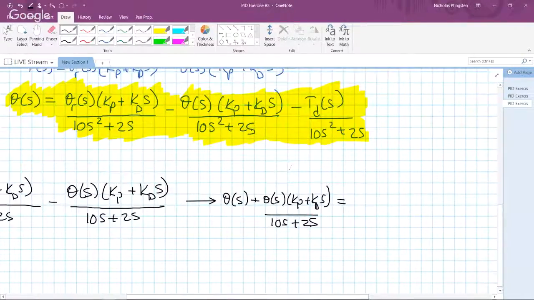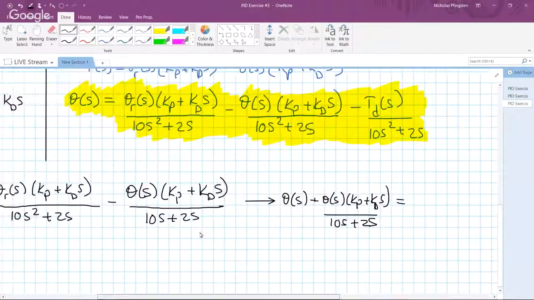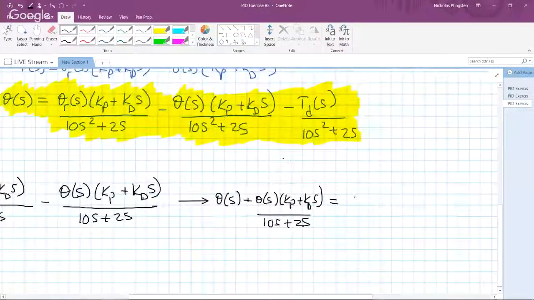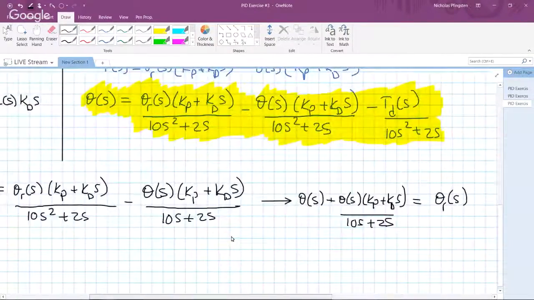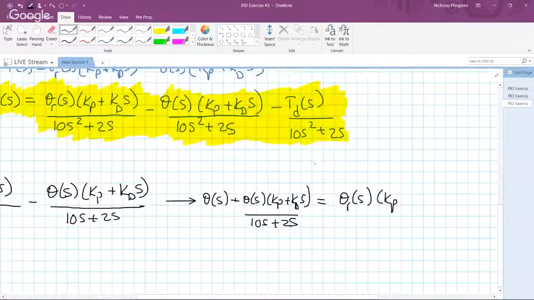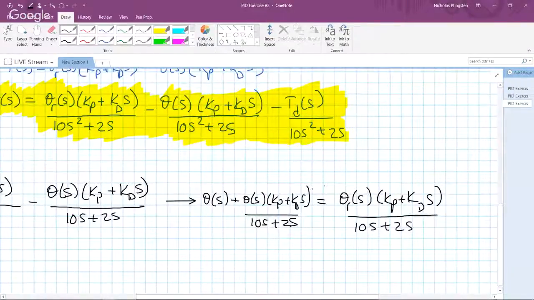Equal theta of R of S (Kp plus K D of S) all over 10S plus 2S. And going back here,